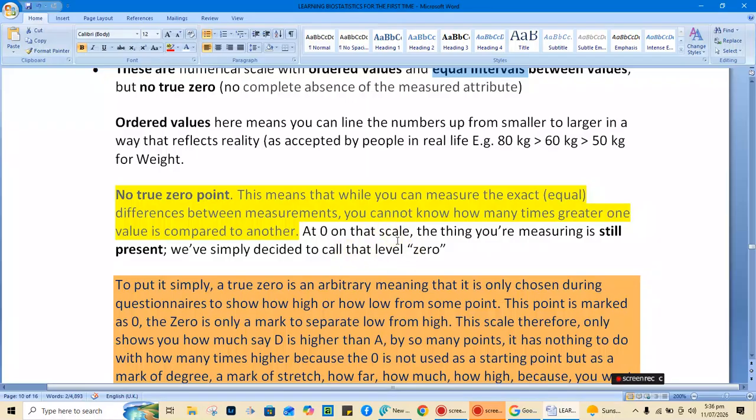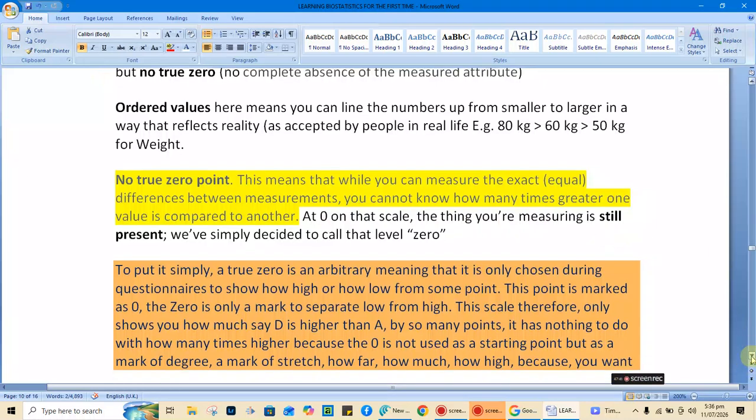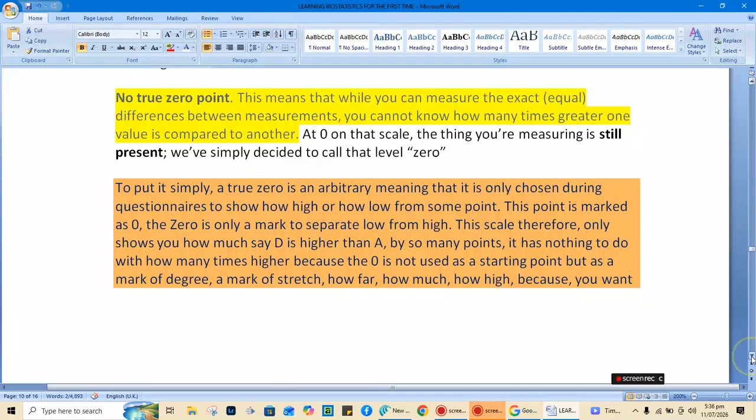Because you want to know how distributed these things are. So to put it simply, the zero is an arbitrary 0, meaning that it is only chosen during questionnaires to show how high or how low from some point. So in short, you put your 0 as your definite point of movement, of distribution, so that when you're looking at a questionnaire,